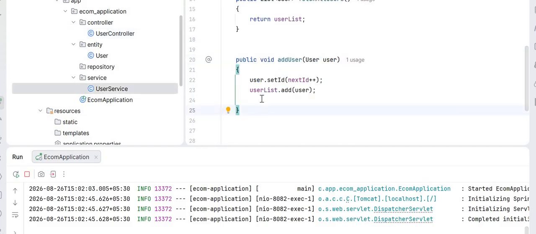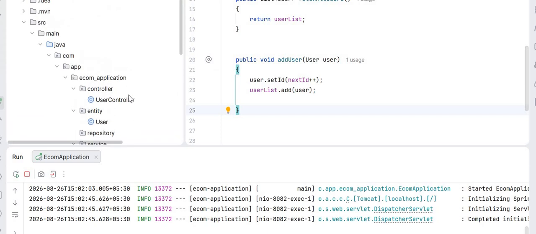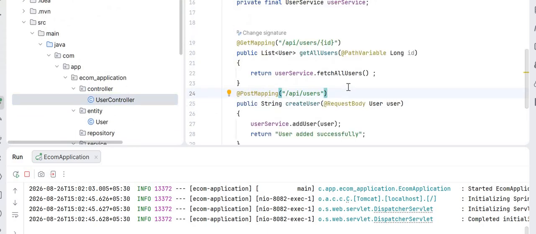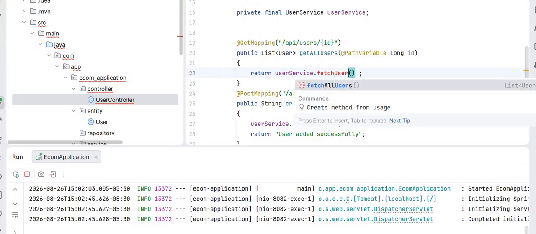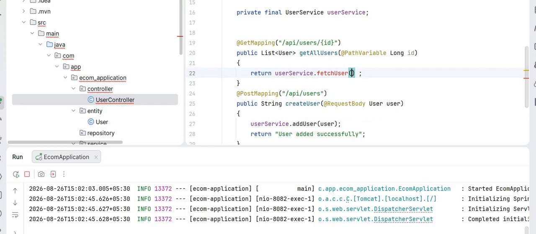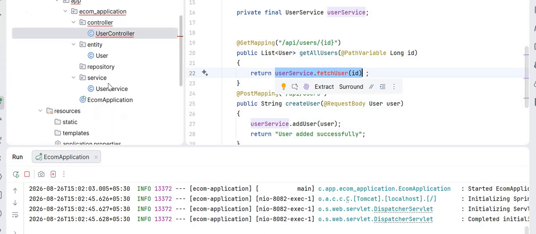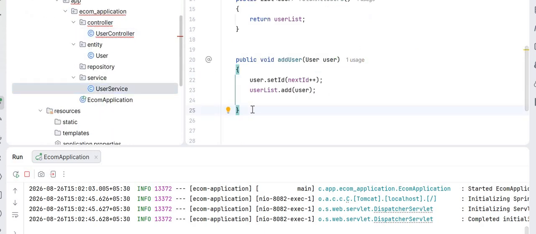Now we are going to fetch the user in the user controller. In this API user, we have to return the fetch user and then ID. Now this method is not there in the user service. This method should be present in the user service, because see here we are returning from the fetch user. So if you come to this one,